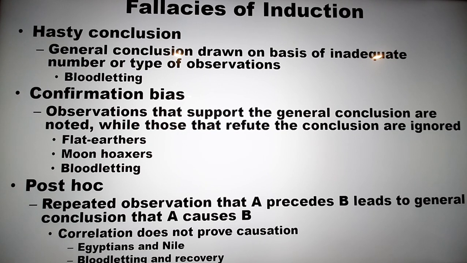Remember, the full name is post hoc ergo propter hoc. After this, therefore because of this. And this is a result where you conclude that because something always happens after something else, that something else must be causing it in the first place. And so the example we saw there is, for example, that the Egyptians noted that the rising of Sothis always precedes the flooding of the Nile, and so therefore they concluded that the rising of Sothis actually causes the